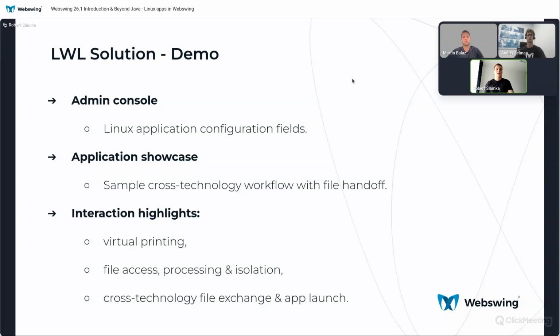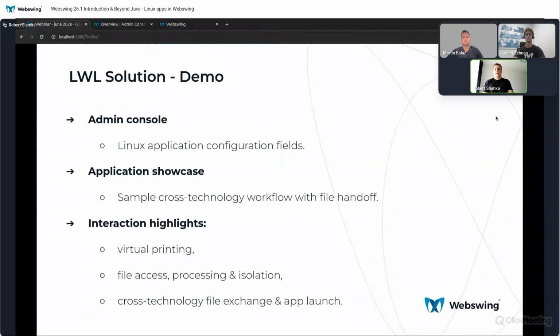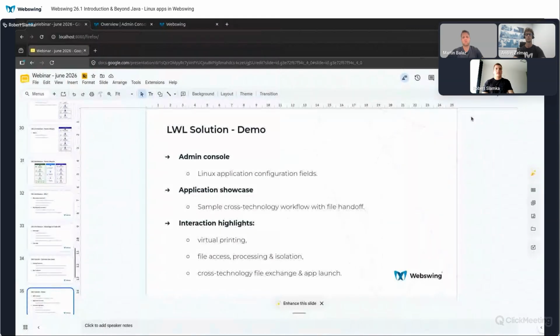And then we're going to move to the application showcase. We're going to take a look at the sample cross-technology workflow with file handoff. And the main highlights to look for are the virtual printing, file access processing and isolation, and the cross-technology file exchange and application launch. So as for the first part of our demo, this presentation was actually running in a